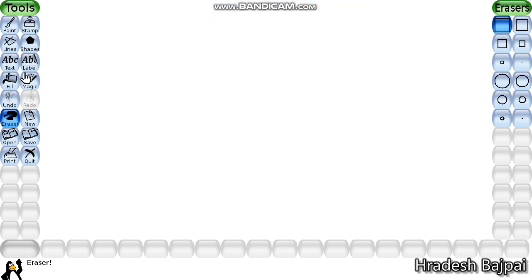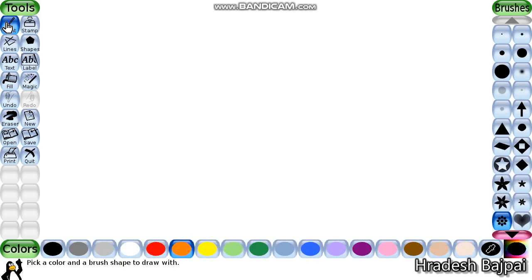Now I'm telling you about pattern, brush, shapes. Click on this paint tool. It is the very basic tool in Tux Paint. You have all worked on MS Paint, where there was a brush tool. The brush tool is similar to the paint tool in Tux Paint.